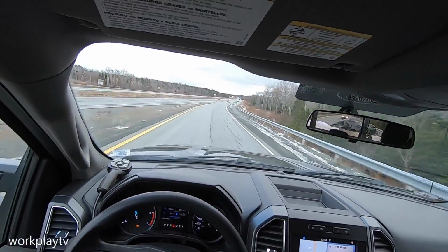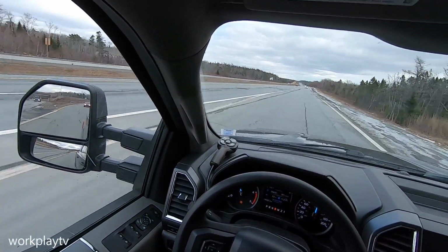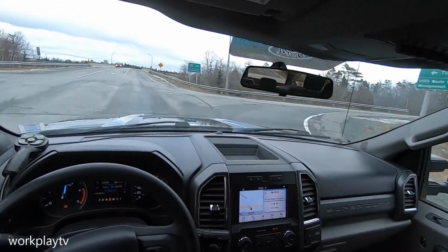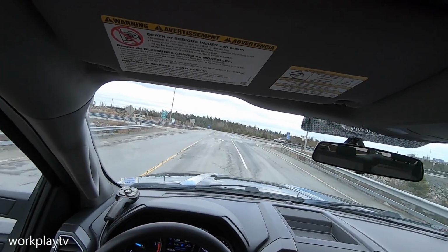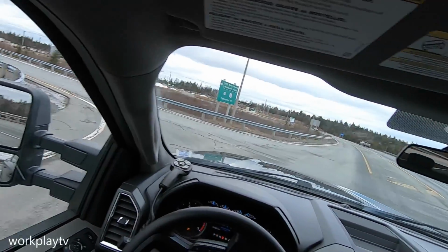So you can see it has no trouble whatsoever getting up to speed. Alright guys, so we're just getting ready to get back on the highway. I actually had to pull over a couple minutes after pulling out of my driveway because I forgot to throw the net over top of my load I had back there. So I pulled over, threw that over top, went and dumped what I had to dump, and now we're back on